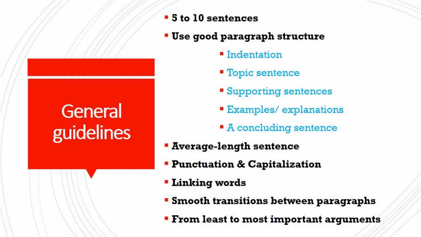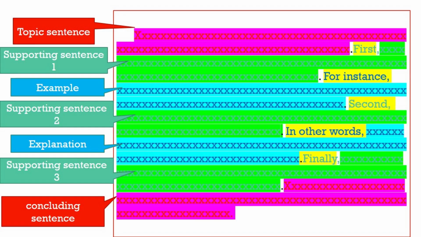learned in Composition 1. A good paragraph is usually indented, which means that you have to leave a short space before you start the first sentence. The first sentence of a paragraph is the topic sentence, which presents the main idea of that particular paragraph. Then we have supporting sentences, which present arguments that support the topic sentence of the paragraph. Each supporting sentence is followed by an example or an explanation, which explains or provides examples for that particular supporting